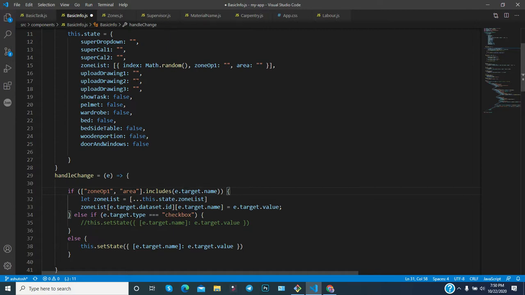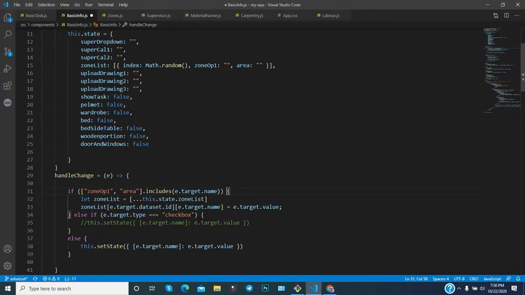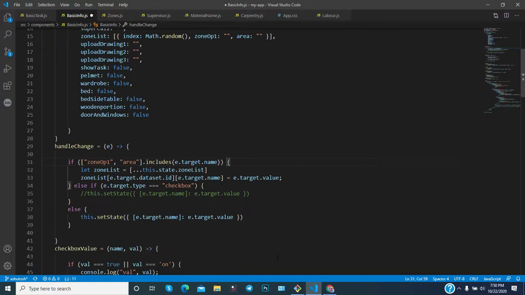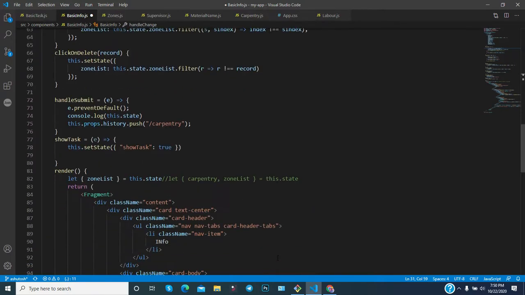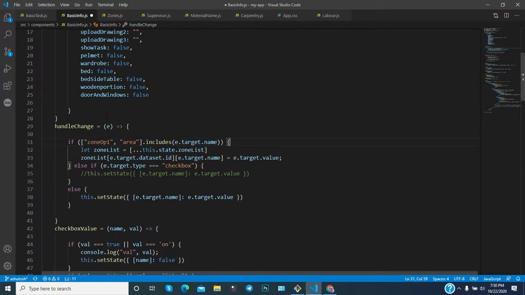So let's suppose zone has some fields like an input field, and this has a name which is area. So how will you get the name value? The name value is area, so you can get it as e.target.name. You have passed that particular selected element as e. You can call it e, event, anything, it doesn't matter. And with dot target, you can also console log to check what data you are getting.